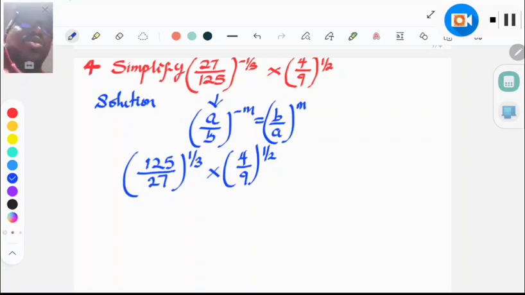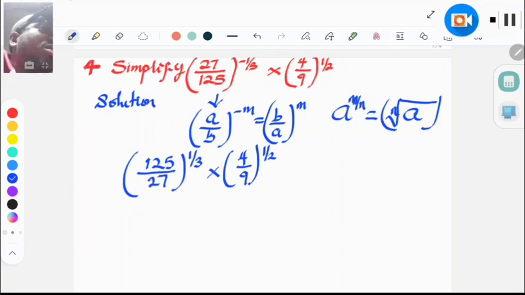And the next law we also need to apply is that anytime you have a fractional power, let's say m raised to the power of n over d, the law states that the denominator comes here while the numerator goes here. So what we have is that the denominator becomes the root. So from here now, we have that this is the cube root of 125 over 27